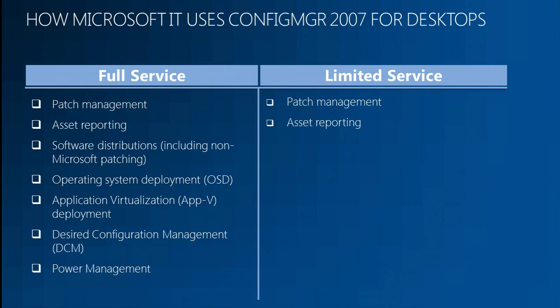This was business-oriented and unique to Microsoft, where Microsoft IT manages a lot of developer and tester environments, like the Windows Group or Office Group. These are machines where they test the latest versions of the technology. At the same time, they do not want any deployment or software distribution that will interrupt their day-to-day business. So they only opted in for patch management, which is an integral part of security. So they only get the